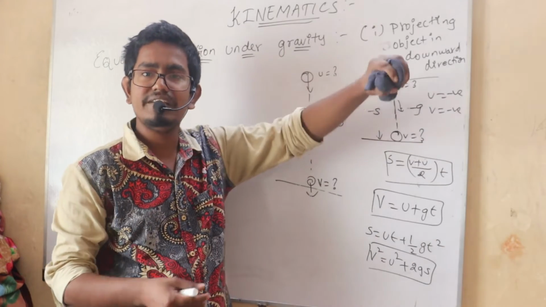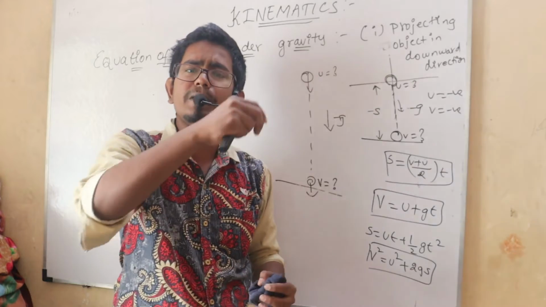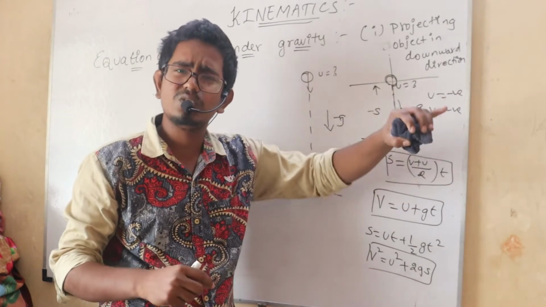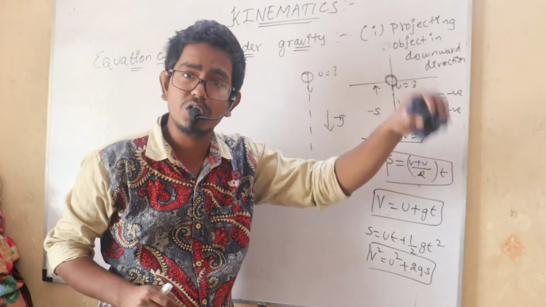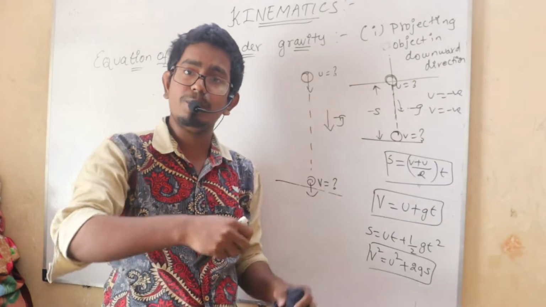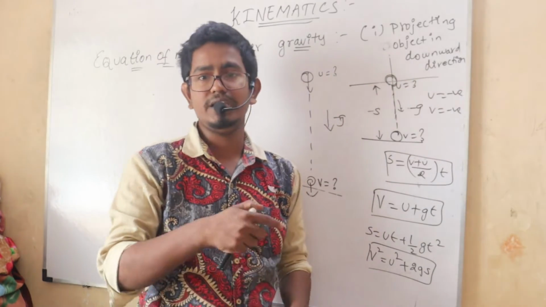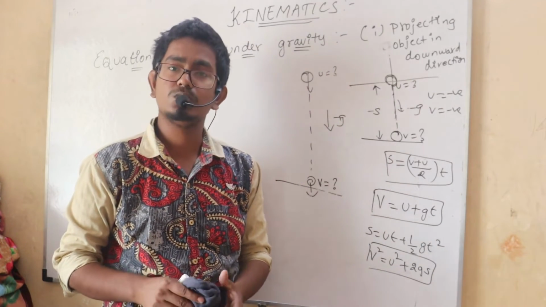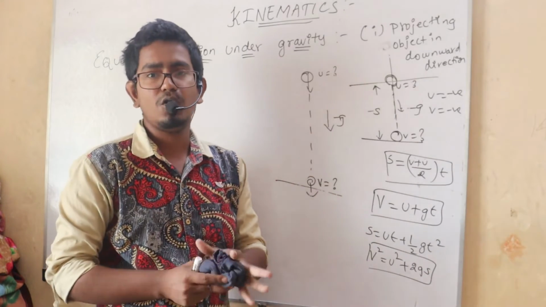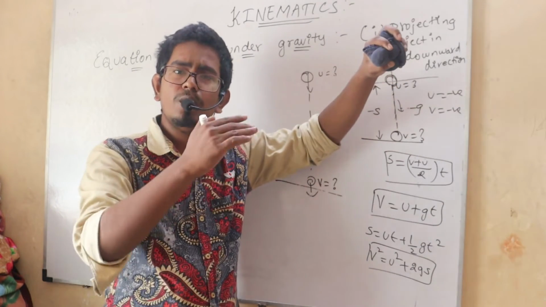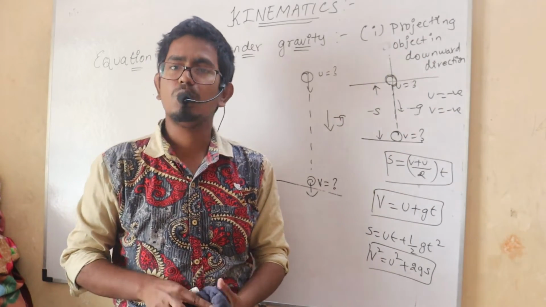Right? So I'm just leaving my object here. That means it will go under gravity. It will be purely falling under gravity. Here there is no velocity I have given. Whenever I give velocity along with the gravity, that velocity will help the object reach the ground much faster. But if I am not giving any velocity, it will go purely under the gravity to the surface of the earth. This is what matters.